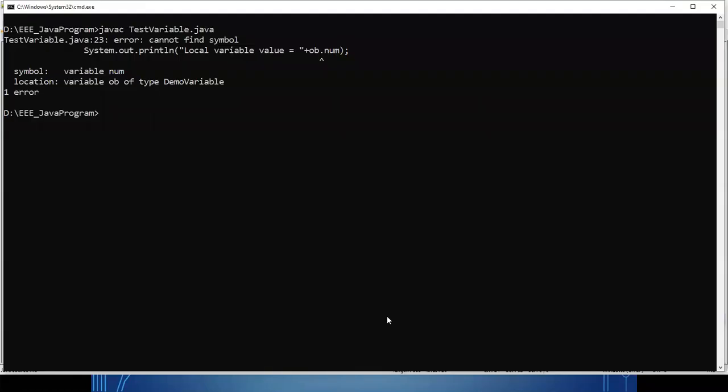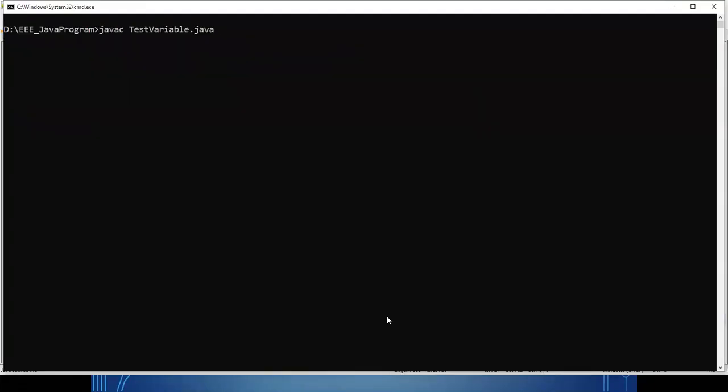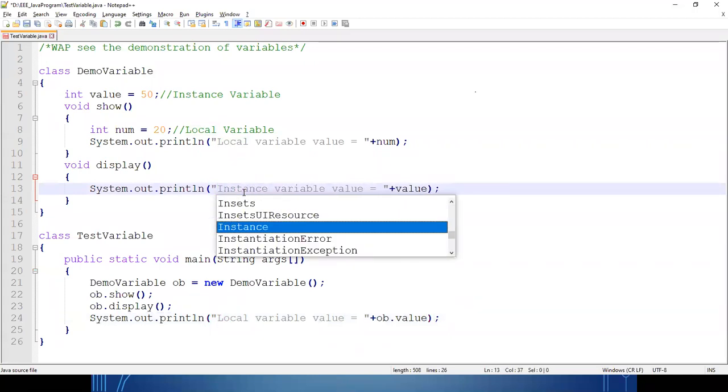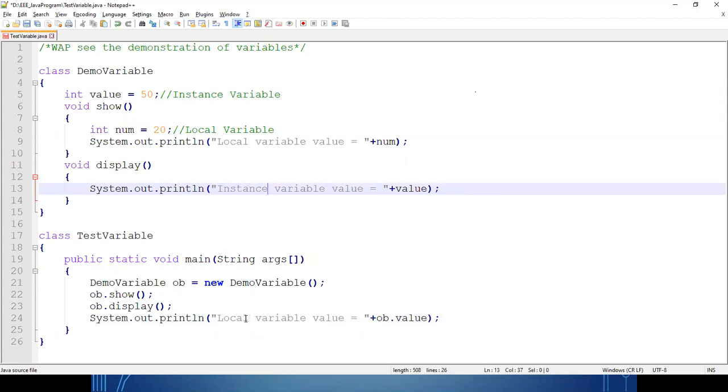Okay, so let's check. Done. Got the value. So let's change the message. Instance variable value.